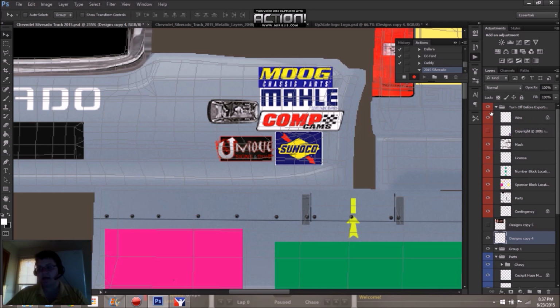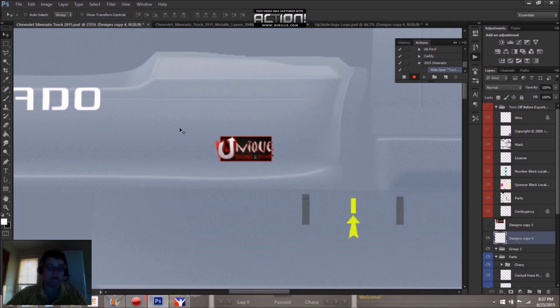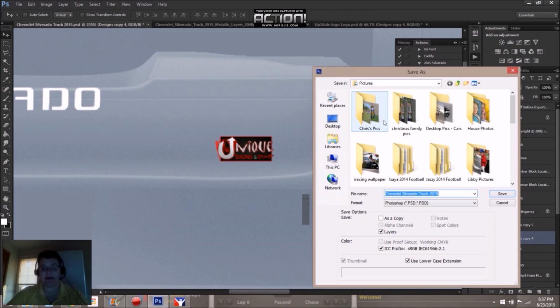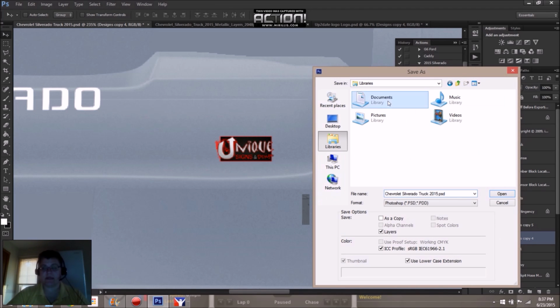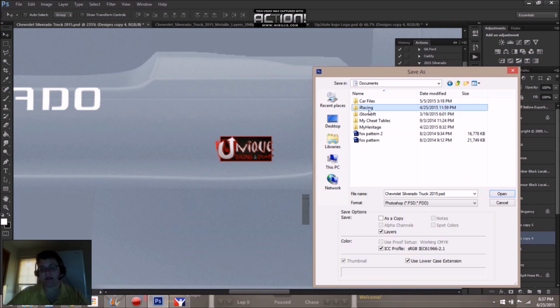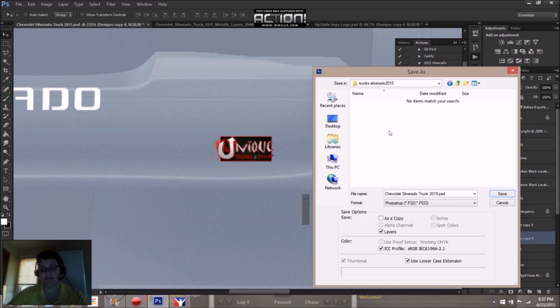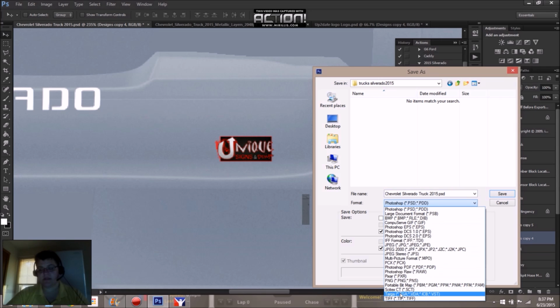When I do my actions, I like to turn off all the layers that need to be turned off, and then I go to save as, and then libraries, documents, iRacing, paint, and then there should be somewhere in here, there we go, truck Silverado 2015,